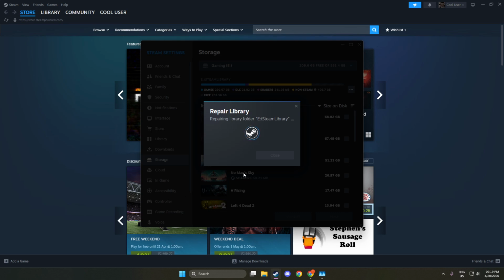Let the repair run to completion. The time it takes can vary based on the size of the library and the speed of your drive. You may see a progress indicator or brief status messages. Avoid closing Steam or interrupting the scan while it's working, and keep the window in focus so you can see when it finishes. If you have multiple Steam library folders across different drives, repeat the same action for each one